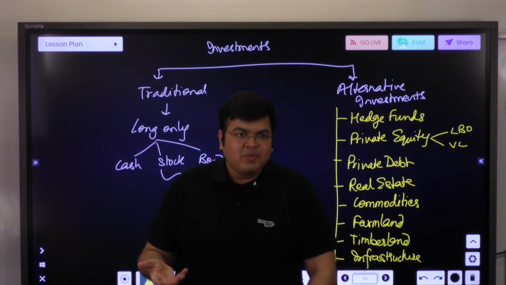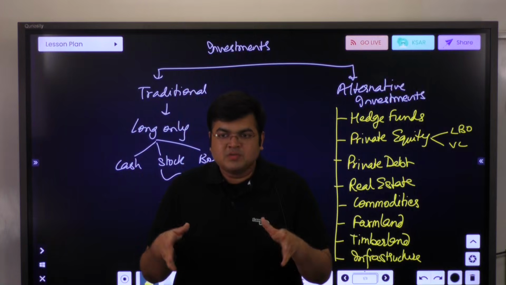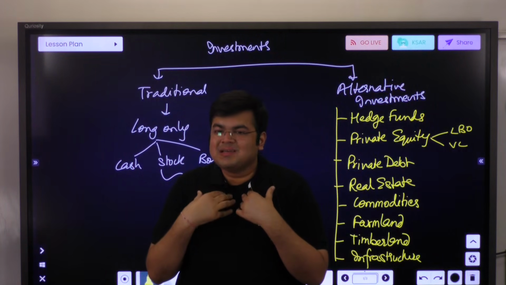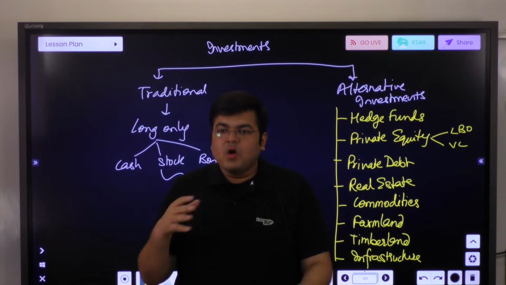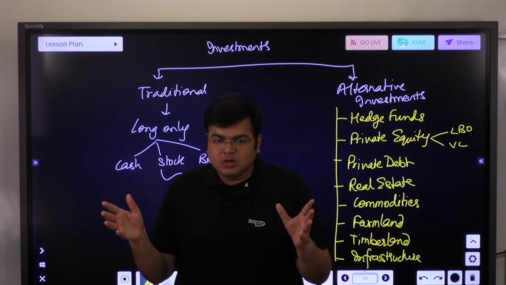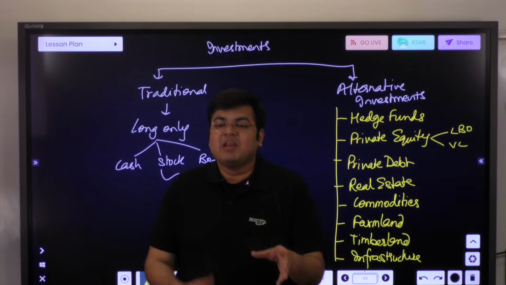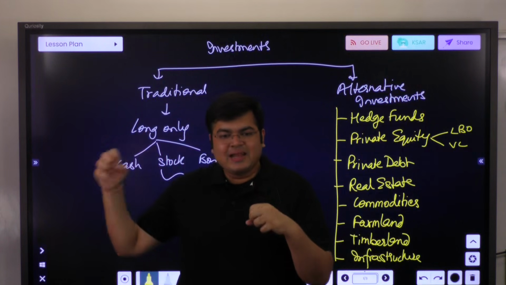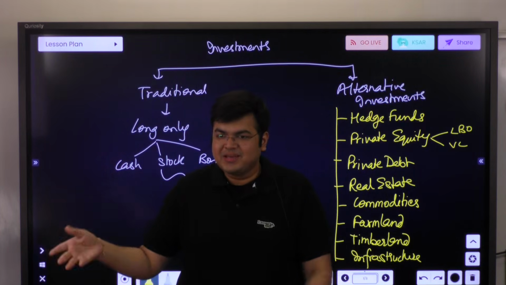Normally, when you're looking at these investors, we have something called private equity funds. Private equity funds will not accept 10,000, 15,000, or 20,000 rupees from somebody like me. They would want a minimum investment of, let's say, $1 million or 1 crore rupees. The ticket size is very, very large. So it's generally the high net worth individuals or ultra high net worth individuals, UHNIs, that end up investing into